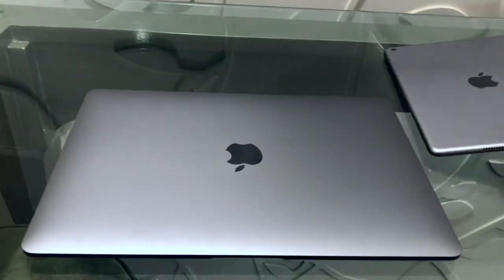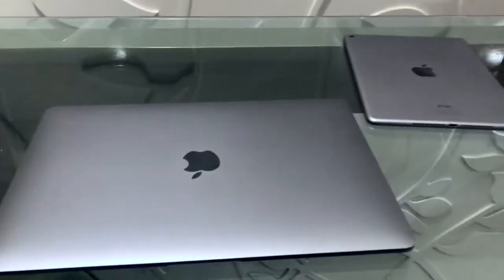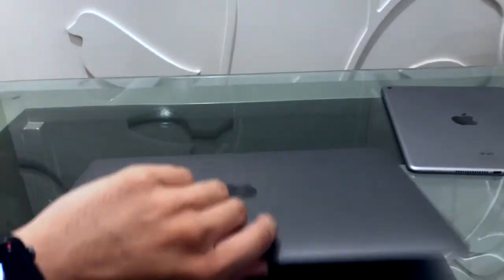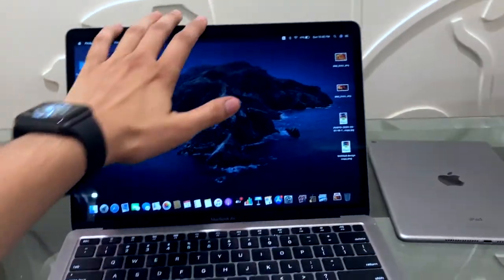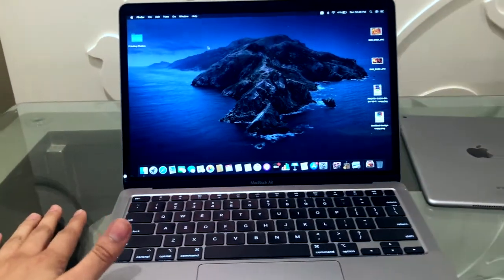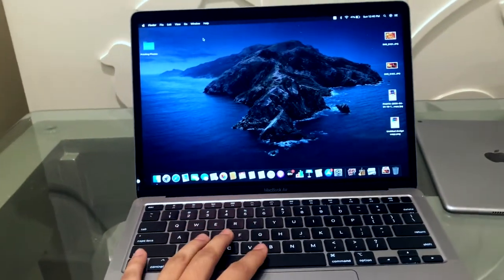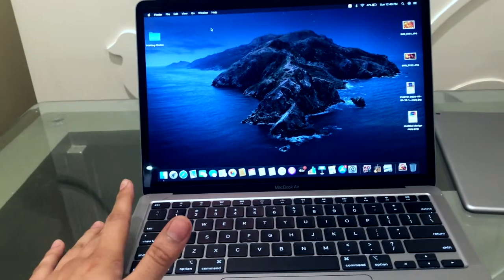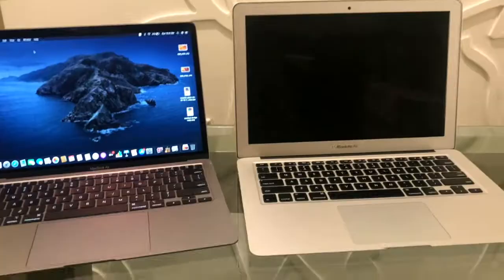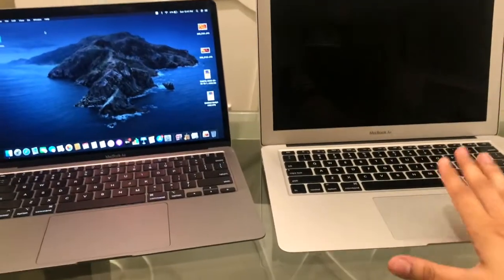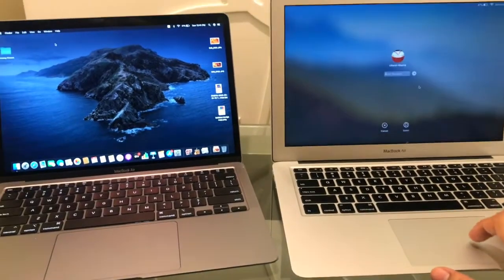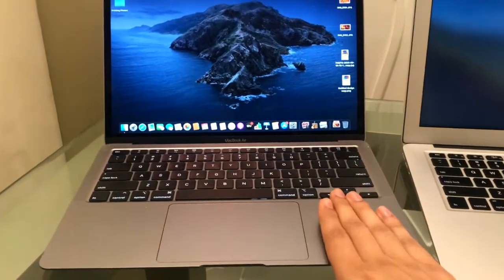And see, going with the size, it's been 2 days working on it, and I'm surely testing its battery backup, what battery backup it gives me, and comparing it with the 2014 MacBook Air version. See, this is the 2014 MacBook Air version, and this one is the new 2020 version.